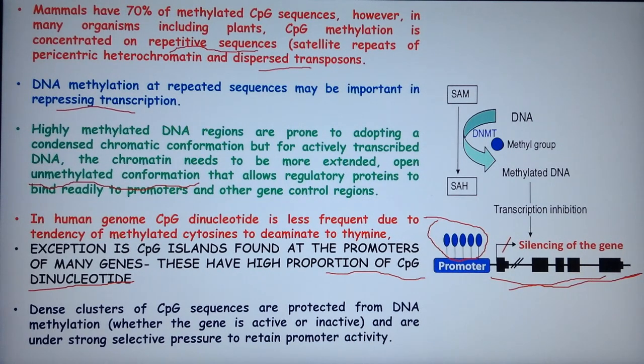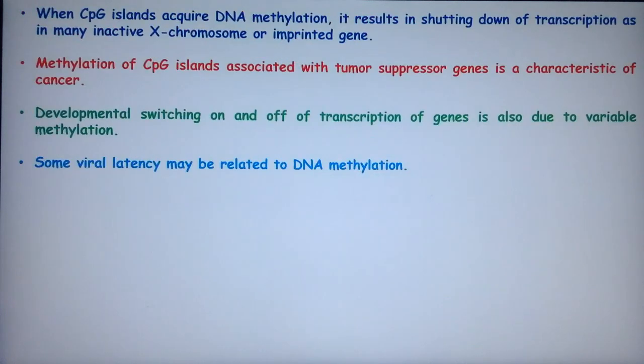So now what will happen if some of the genes which are actually methylated in our genome somehow become non-methylated? Let's say this is a tumor suppressor gene. So a tumor suppressor gene in our cell has to be demethylated. It has to be active for the suppression of the tumor. What will happen if that becomes methylated? If that becomes methylated, the gene will be silenced. So this DNA methylation plays a very important role in the transcription of the gene.